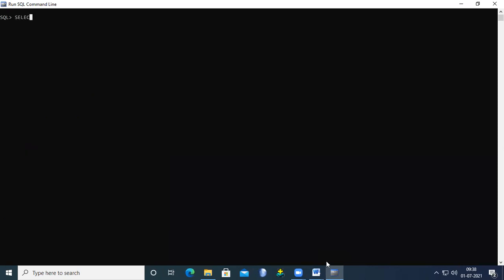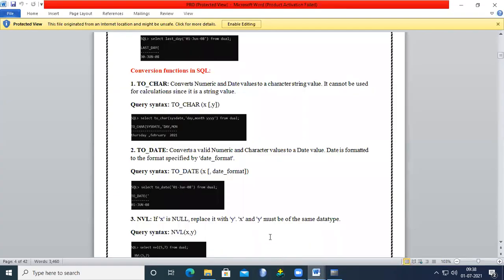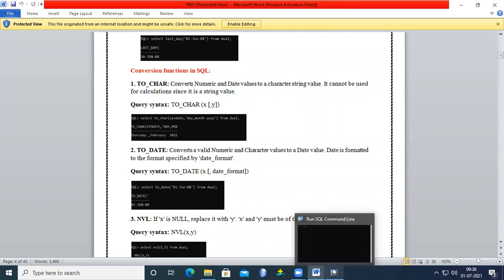Next one is TO_DATE. Whatever value we give will be converted into the date format. Select TO_DATE, and here we specify some data, and that will be converted into the date format. We try to see now.